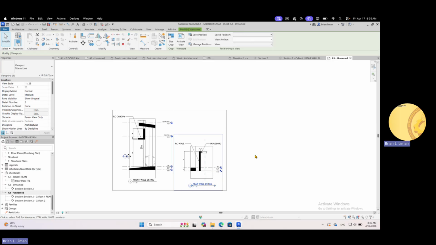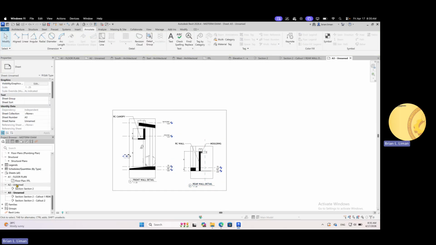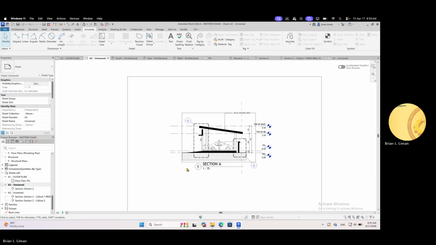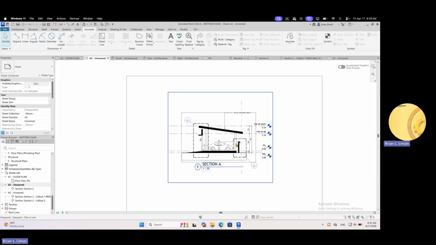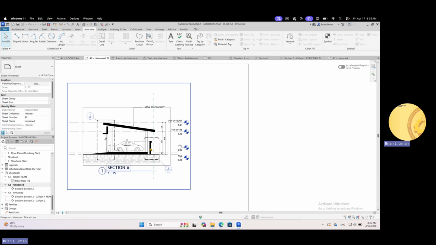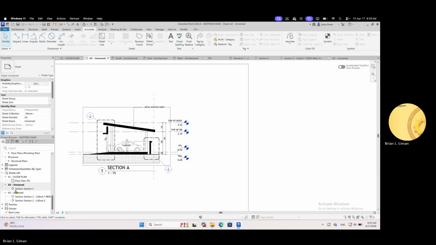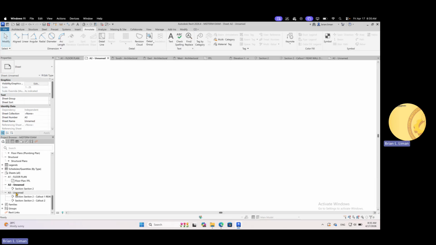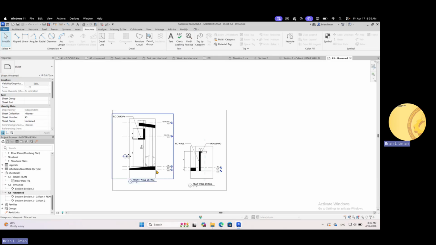If we go back to section, this one is section. These are the call outs for the rear wall and this one for the front wall. Now, these call outs are inserted in A3 in my case.